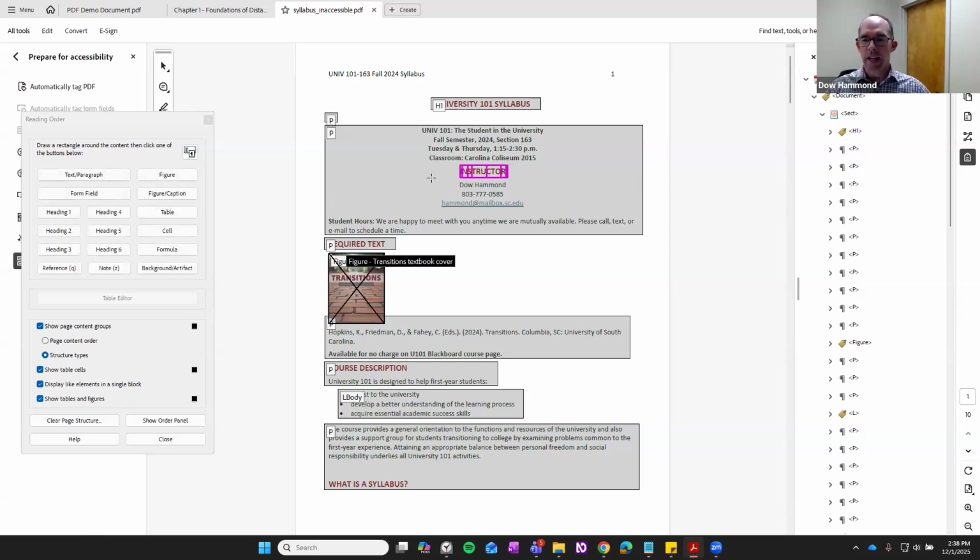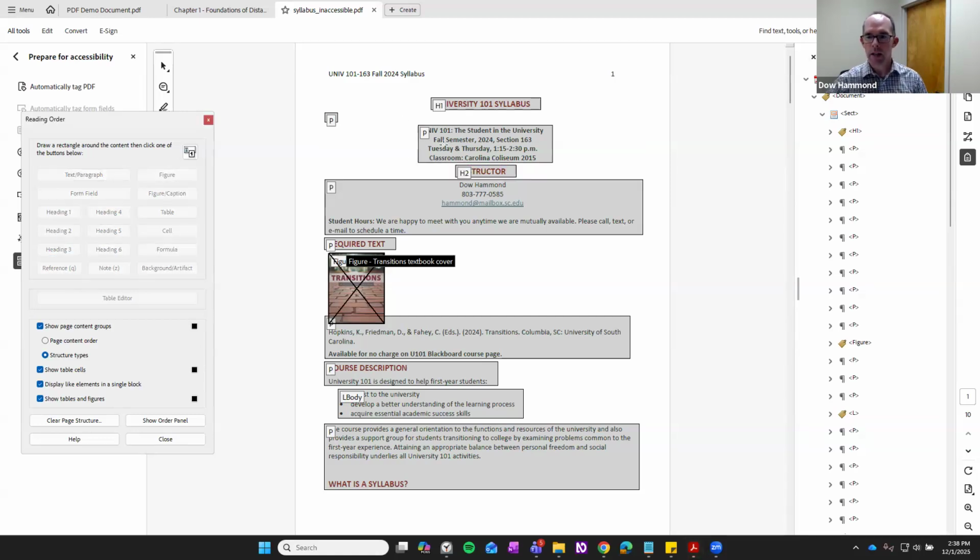Make sure you put a box around all of the content that you want to change to a different tag. So this would be a heading 2. So we have the main heading, we have heading 2. So I'll click that, and you see